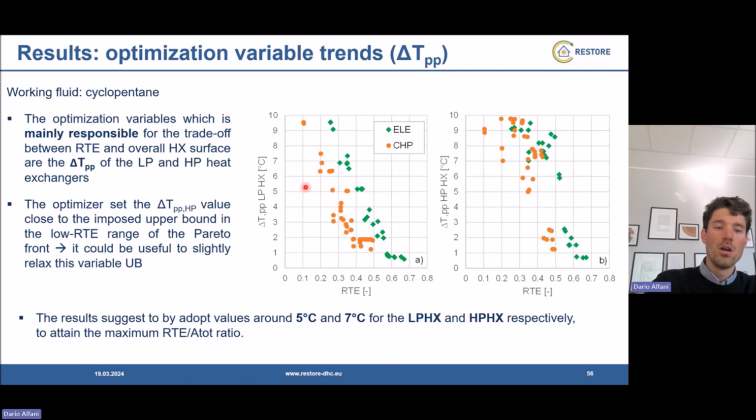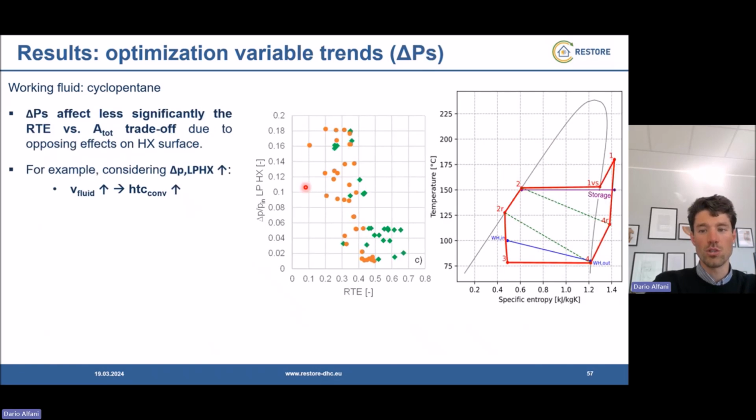So even here, to push the pinch point temperature difference to the technical minimum is not always the optimal solution. A little less straightforward is the analysis related to the pressure drops. And this is due to the fact that the pressure drops have a counterbalancing effect due to the fact that